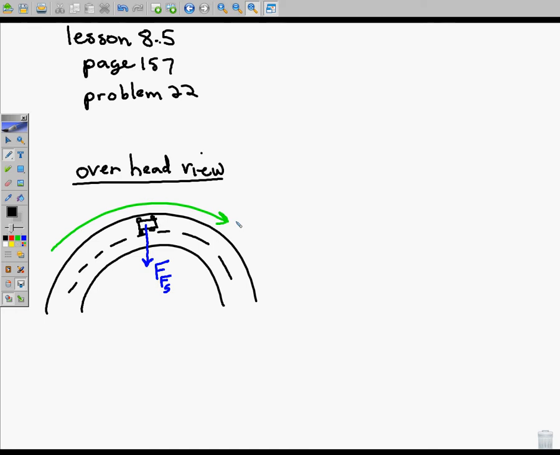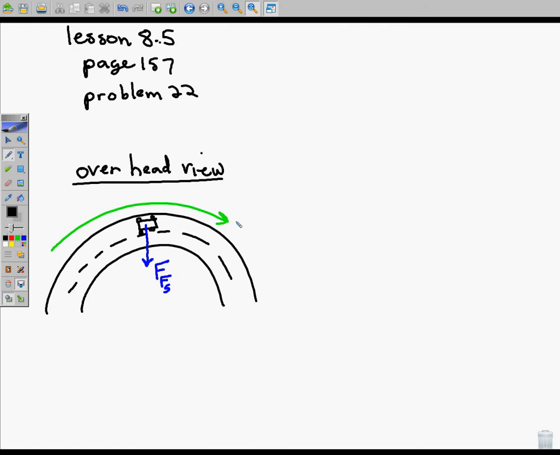Lesson 8.5, page 157, problem number 22. You have this car going around a corner. So you see, oh look, the car's going in a circular path. If it's going in a circular path, you know there has to be an overall force acting towards the center of the circle. So the question is,